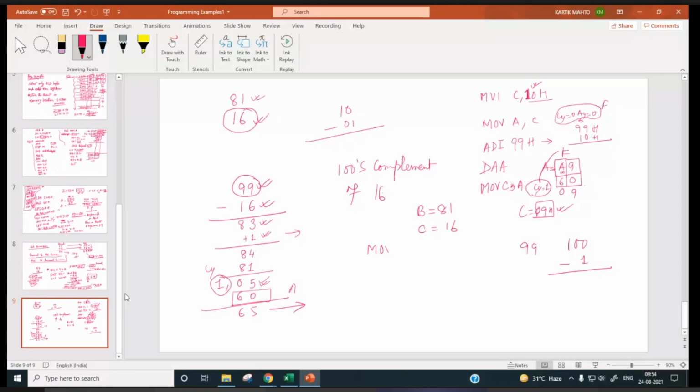We will move 16 to C. MVI A, 99H, SUB C, ADI 01H, DAA.